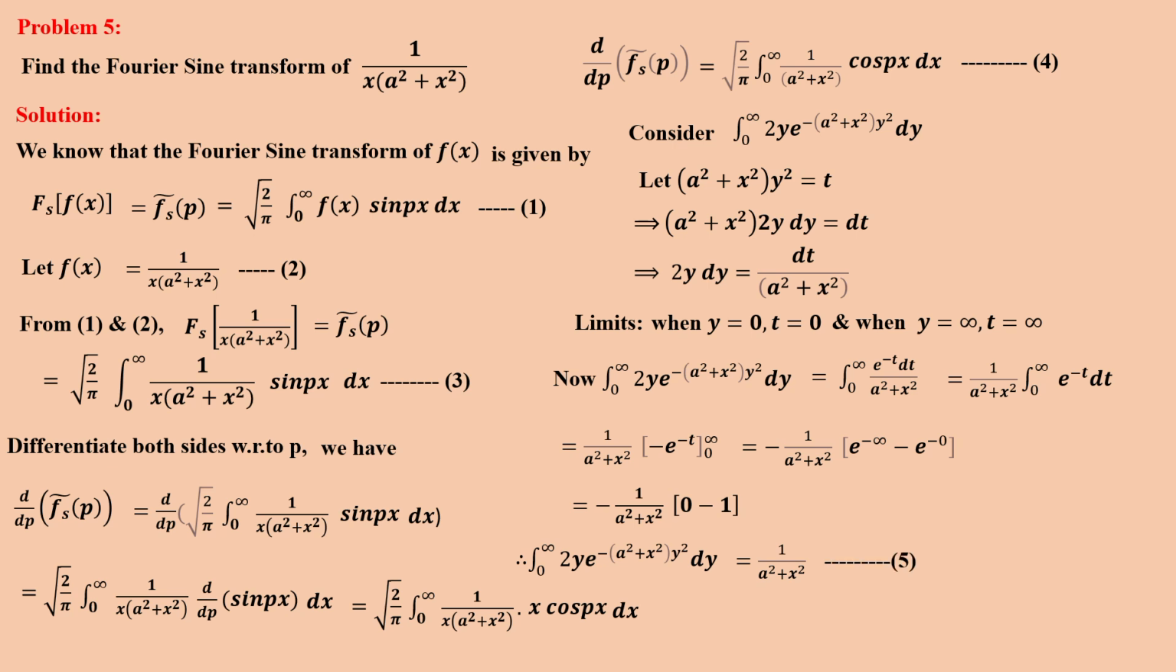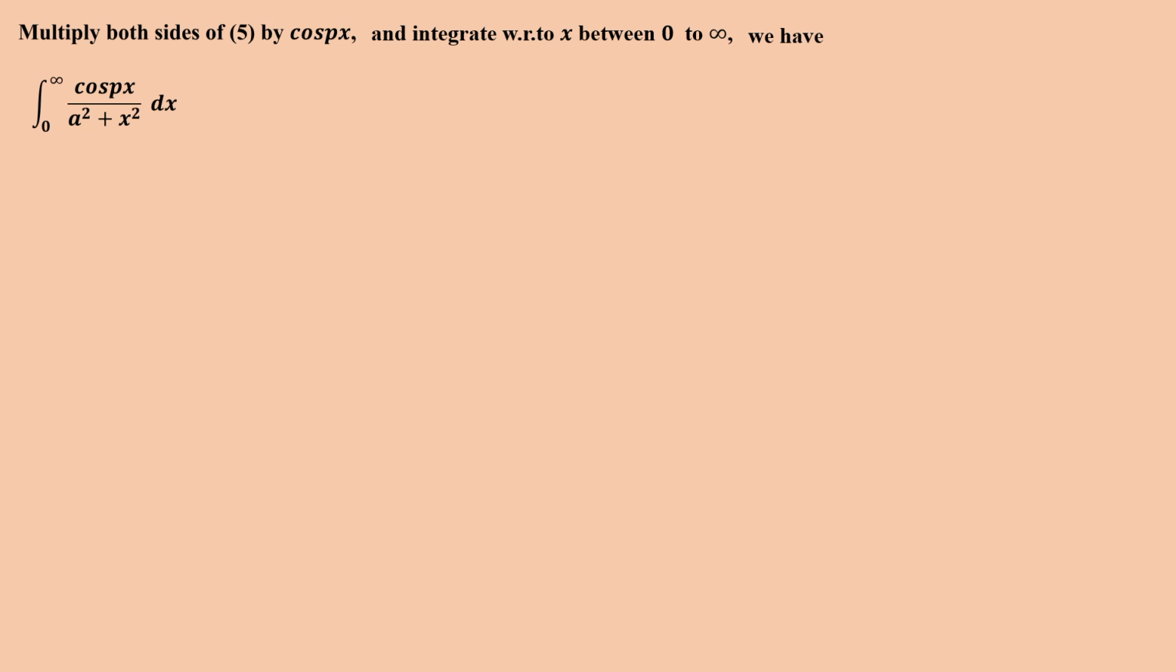Now this is equation number 5. Now multiplying both sides of 5 by cos px and integrating both sides between the limits 0 to infinity, we have, with respect to x, the integral from 0 to infinity of cos px by a square plus x square dx